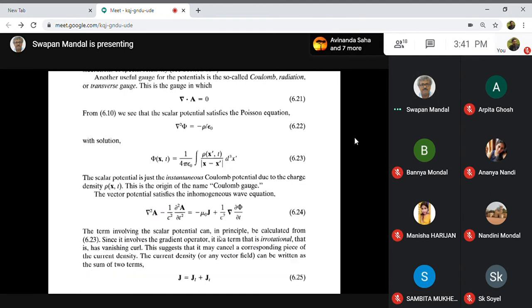Okay. Now I just want to use one more gauge condition, that is divergence of A equal to 0. You know that I have already used one gauge condition, that is